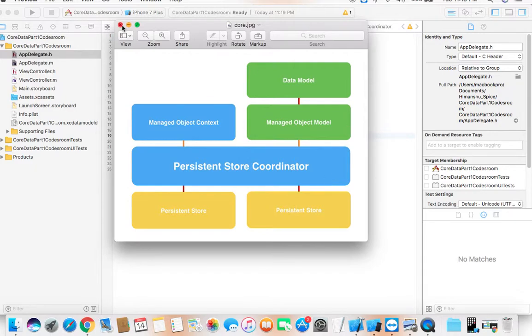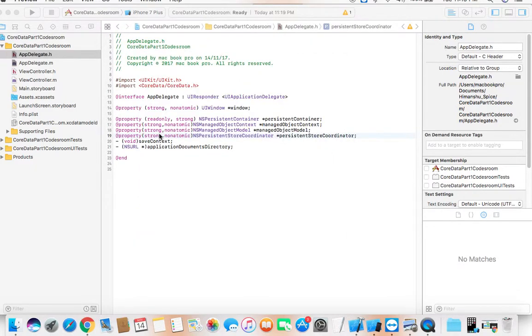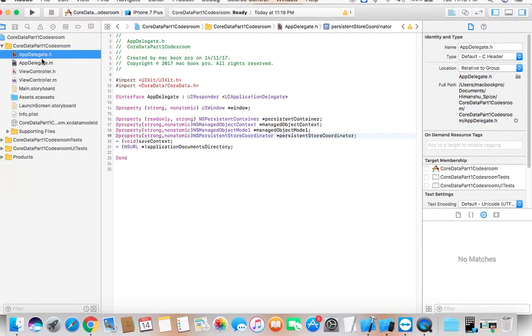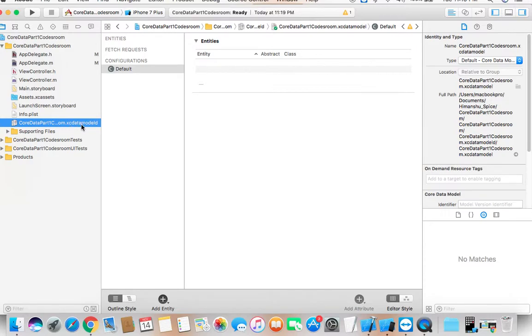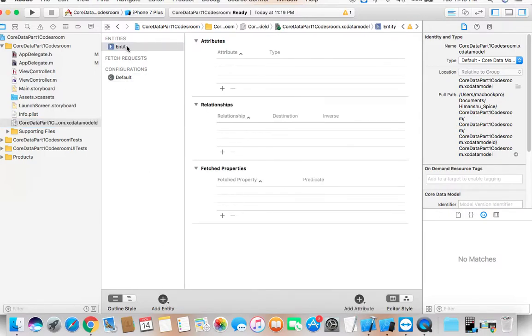So now guys, it is time for us to go through the particular thing which we just copied. The very first part is that in this application we will be saving two things. One will be the username and second will be the password. So the very first thing you have to do is go to the Core Data part 1 codes, the XC data model class. You have to go to the add entity button and click on it. You can see that an entity name will be right here. You can edit it and write, let's say,